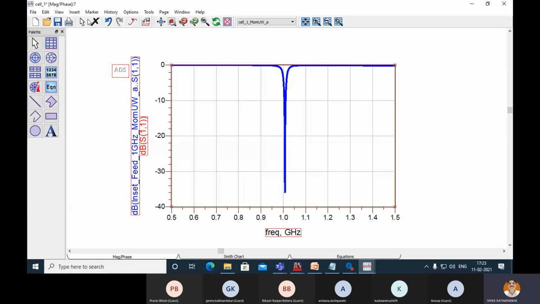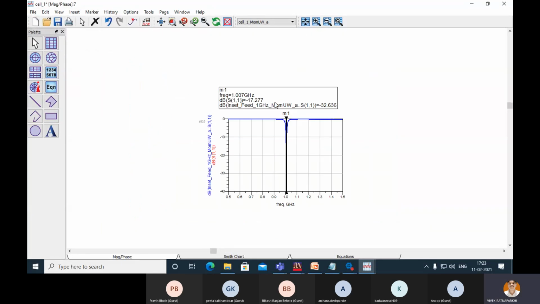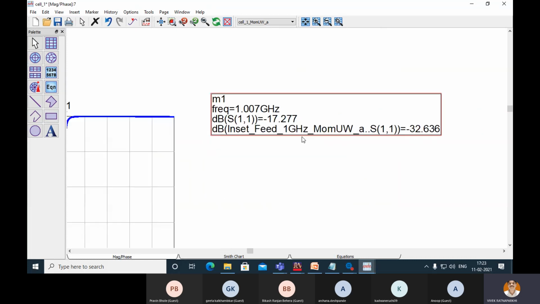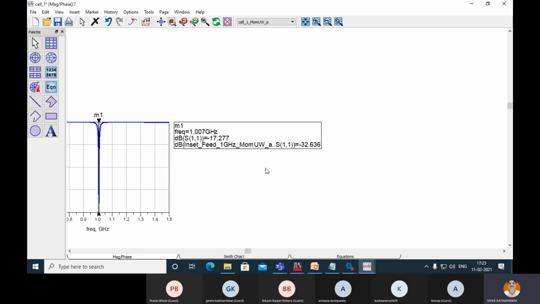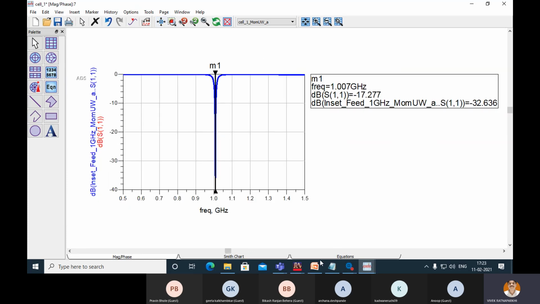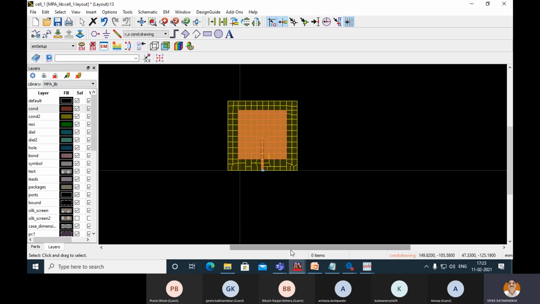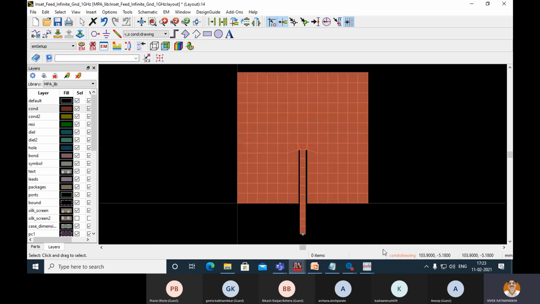I can always place a line marker to understand it. So it will read out both the values for me. Minus 17 in case of infinite ground, and it is minus 32 in case of a finite ground. So you have to have a proper ground plane, and then as you were interested to